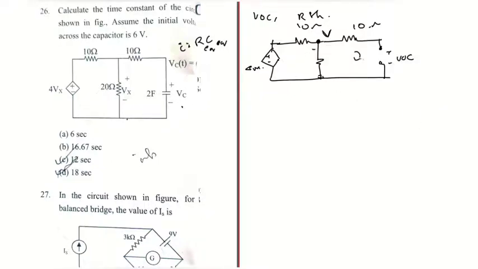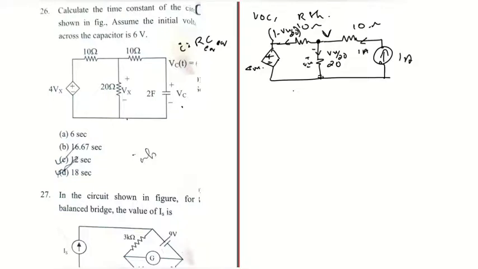this is a circuit where there is only a dependent source. So I am going to replace the capacitor with a 1 ampere current source, and now we have to find out Vx from here. One ampere current is flowing through here and it is divided. This will be Vx divided by 20 because the voltage drop over here is Vx, and the rest will be going over here, that is 1 minus Vx divided by 20 is going over here.